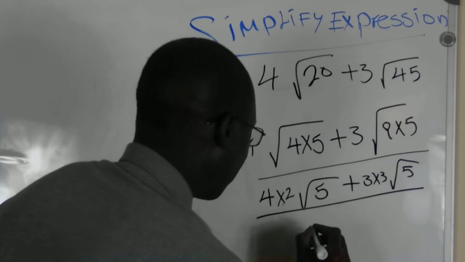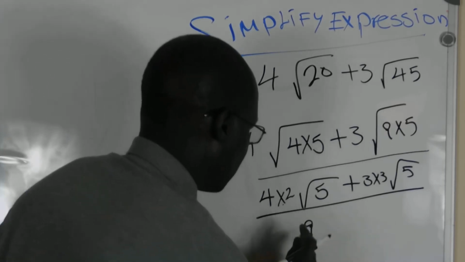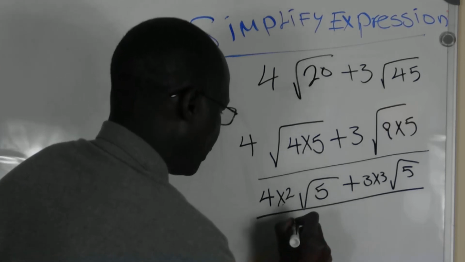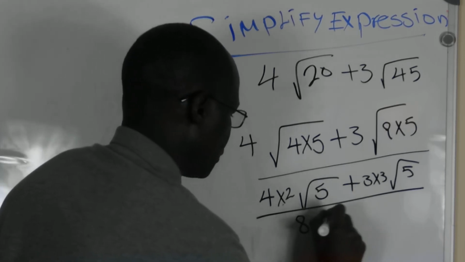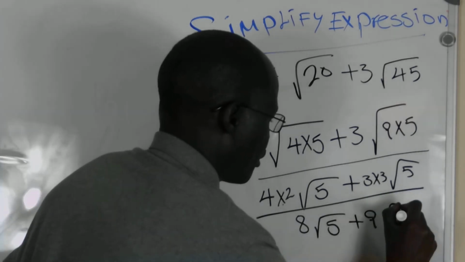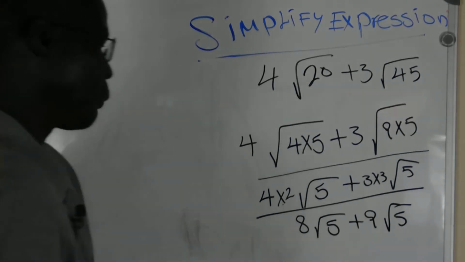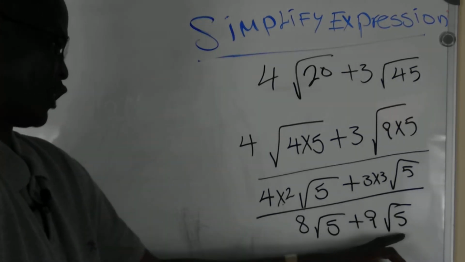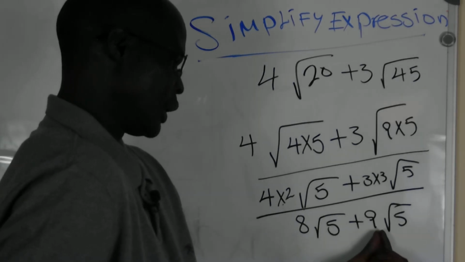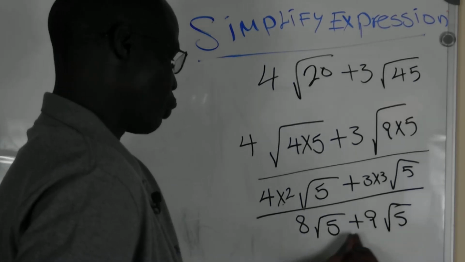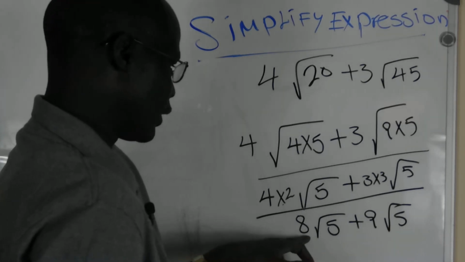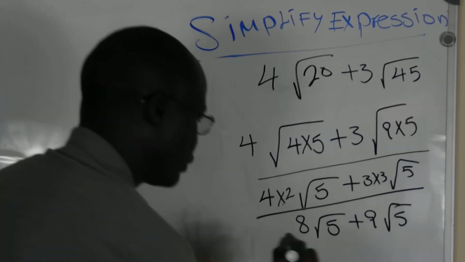So what you're going to have here is 8 root 5 plus 9 root 5. Because those two root 5s are the same, we use the rule that if they are equal, we add the coefficients. So 9 plus 8 is 17. So your answer should be